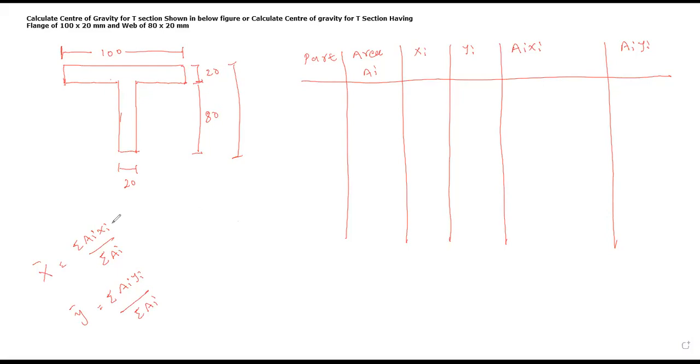The examples we calculated were for one-dimensional elements: x bar equals summation li xi by summation li. Now we are dealing with a two-dimensional element, that is your area element. Okay, so now for a T section, again